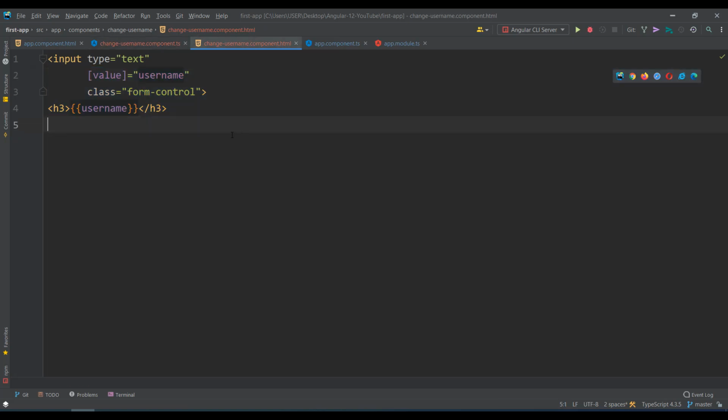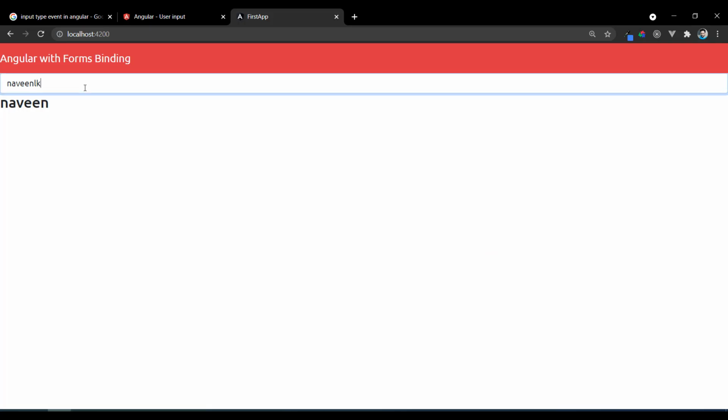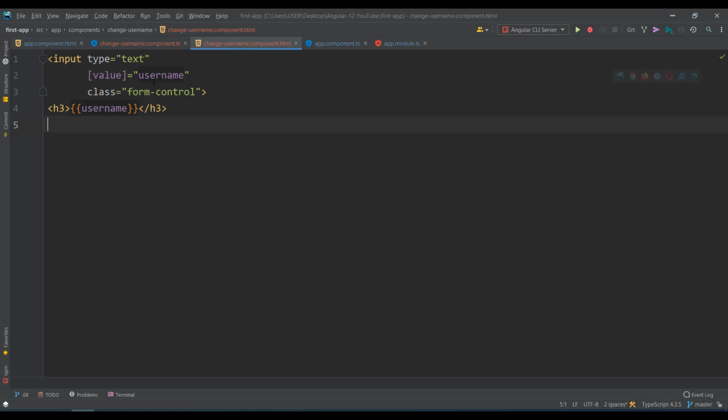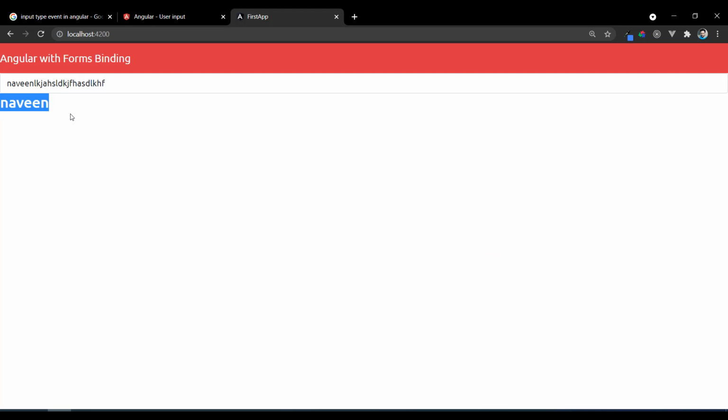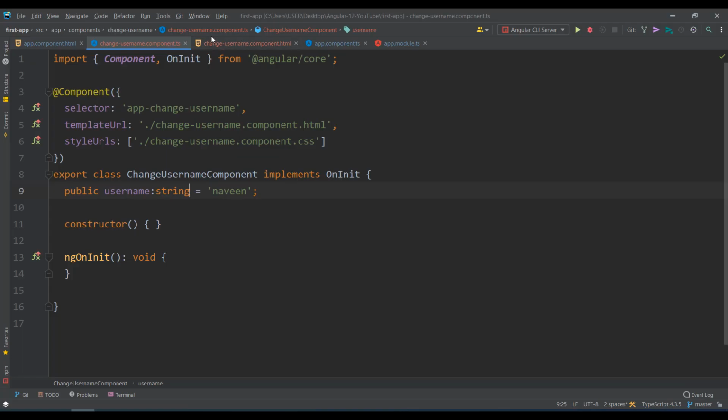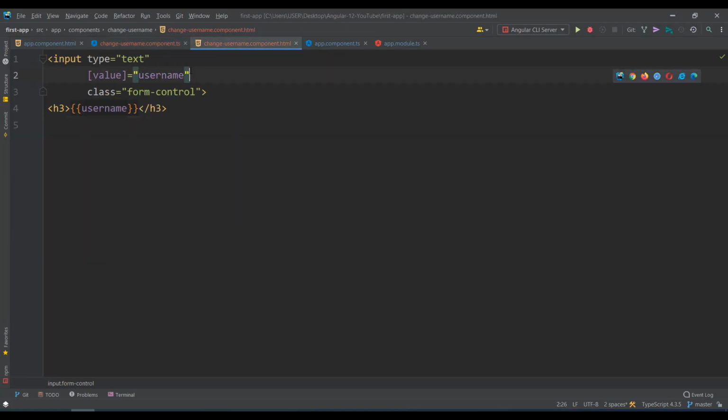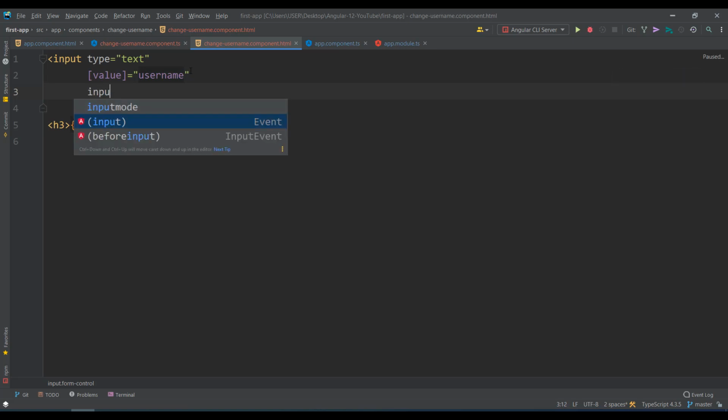Next, another way. When I make some changes in the HTML, I need to update the state. Where is this state? It is in the TS. So from TS to HTML is done, and when you do something in the HTML, you have to bind it back to the TS file. Typing something is like an event, called the input event. So how you can perform it manually is you write the input event.